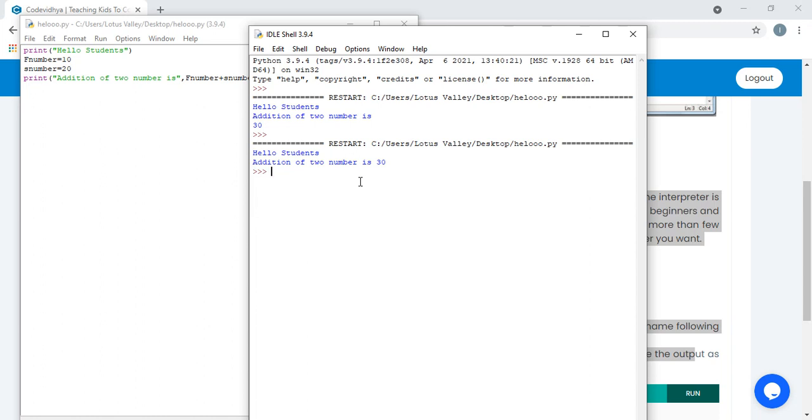Yes, tell me who is having a doubt in this program. You can type your message if you're having any network issue. You can just type your doubt in the chat box. I will read from there and let you know whatever your doubts are. Okay? Tell me, what is your doubt now?